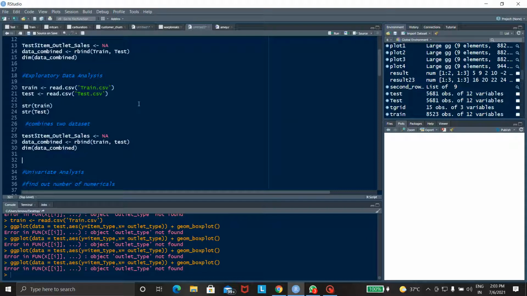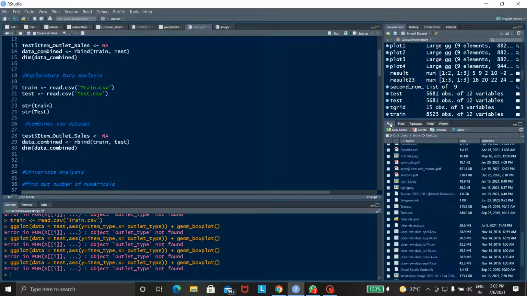The first step is to import the files. Go to the files, and there are two files: test CSV and train CSV.